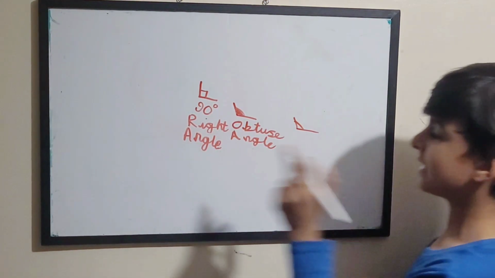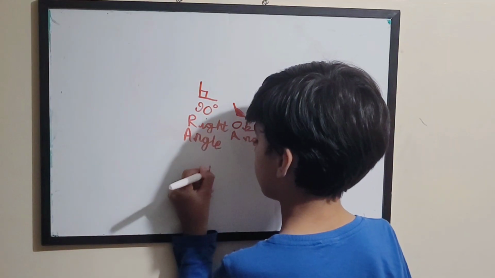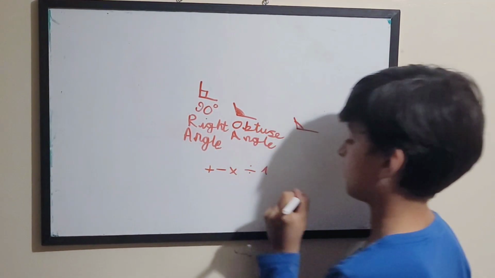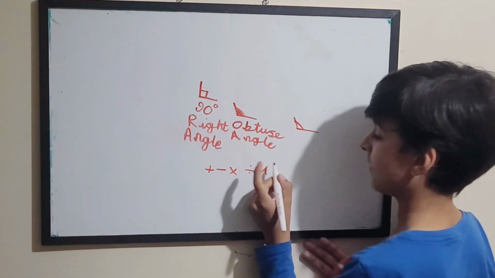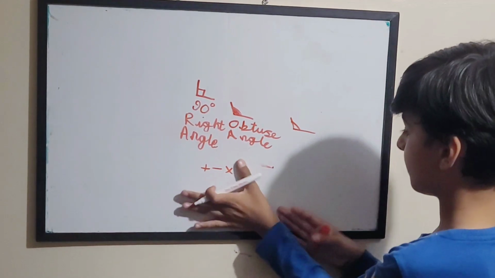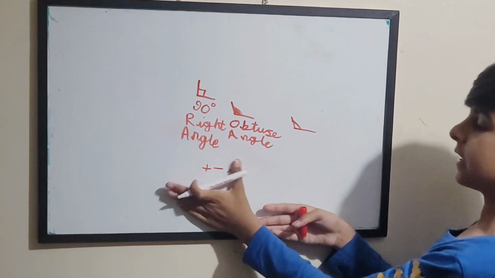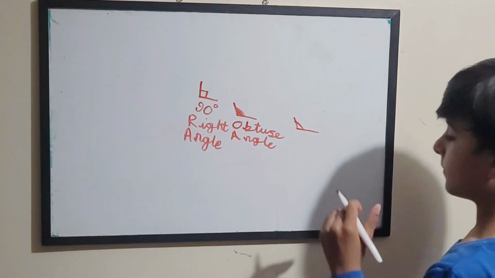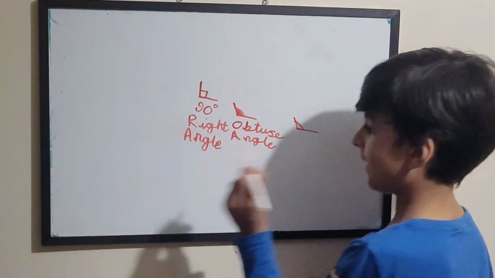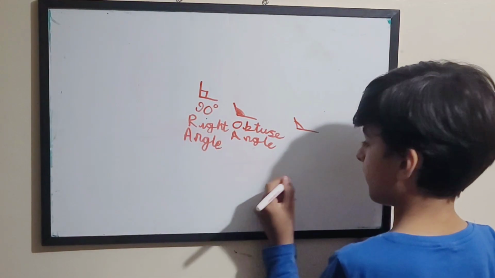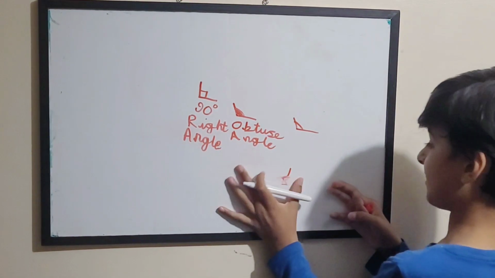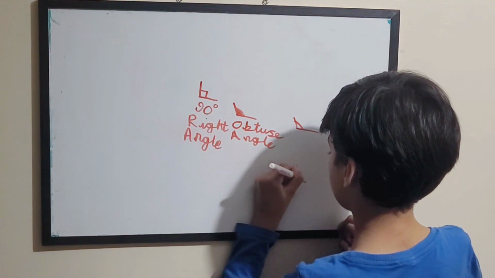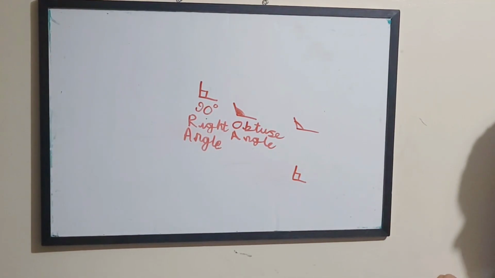Now, this does not involve any plus, minus, multiply, division, exponents, and other stuff, even factorials. That does not get involved in this. So, now, let's look at something different. Right angle here. No, that doesn't look like a right angle. Let's draw another one. That looks more like a right angle now. Okay, so